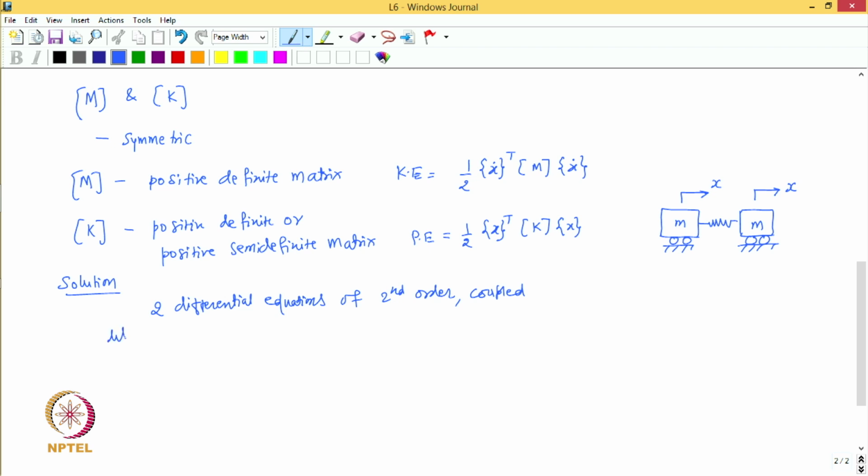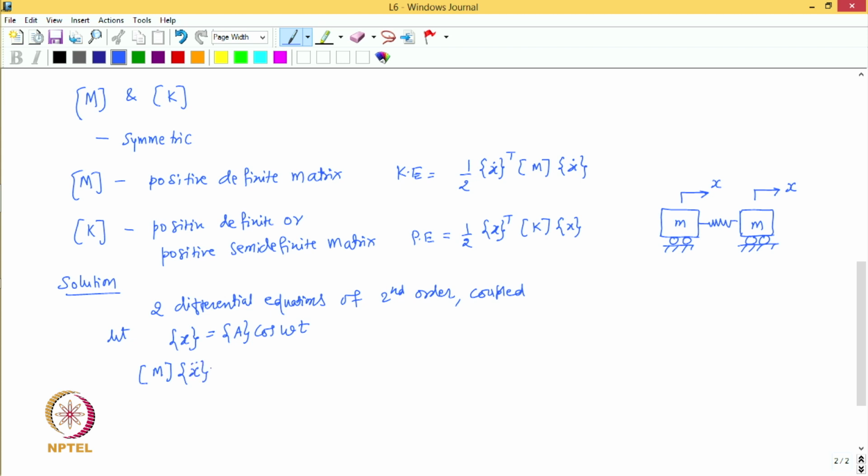So, let x is equal to a cos omega t, right. So, if this is going to be the solution of the differential equation, it must satisfy the differential equation. So, let us substitute this into the differential equation,